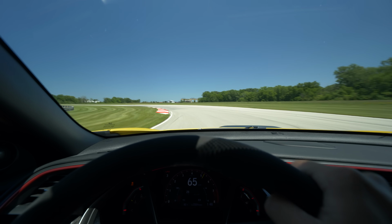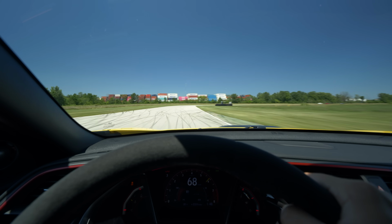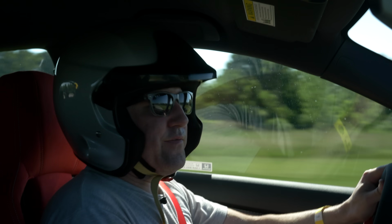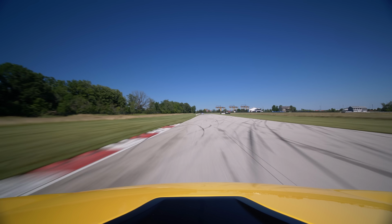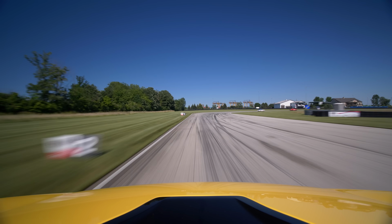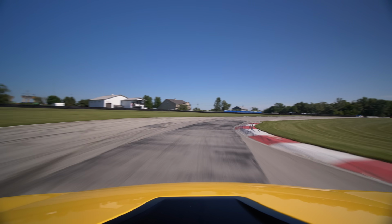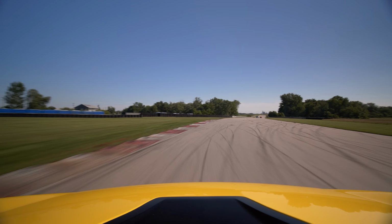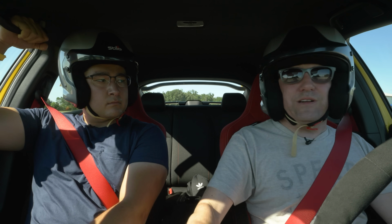I would agree with you, and there's a lot of movement in the car, especially when you're in like these higher speed sections. It feels like the rear end really does want to rotate through the corners versus the front end kind of washing out like a front wheel drive car. The one thing I would say compared to the regular Type R is you do feel the weight reduction just a hair. It just feels a little bit more lively in terms of acceleration,